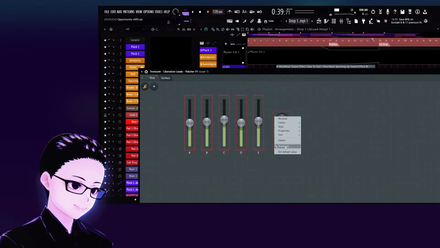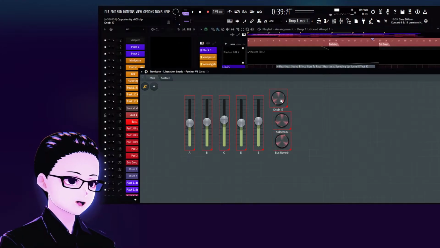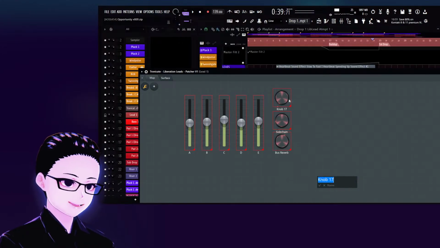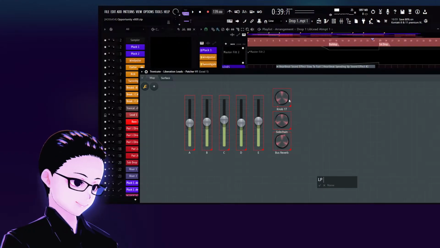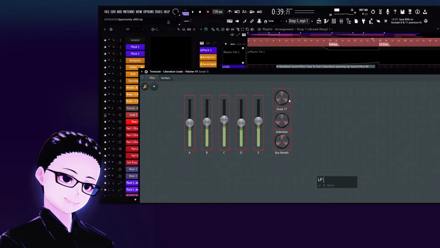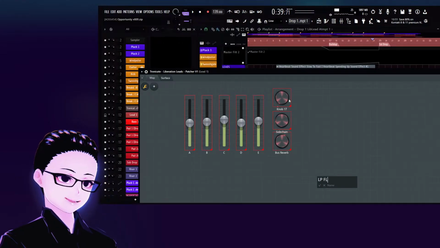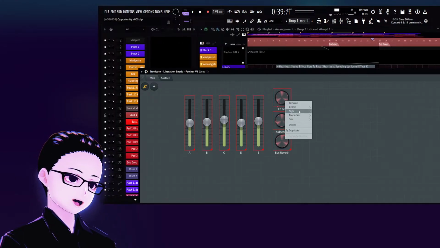I need to go into edit mode. Duplicate this knob, and I shall name it the filter. Low pass. Obviously, I need to specify because there's 2 filters on this effects chain. Low pass filter. Activate it